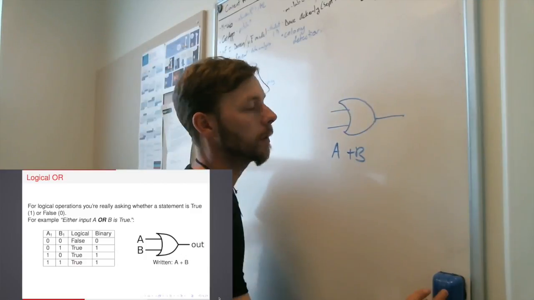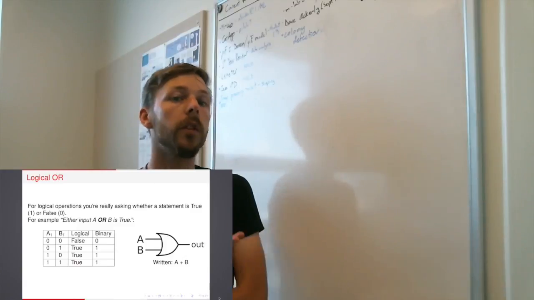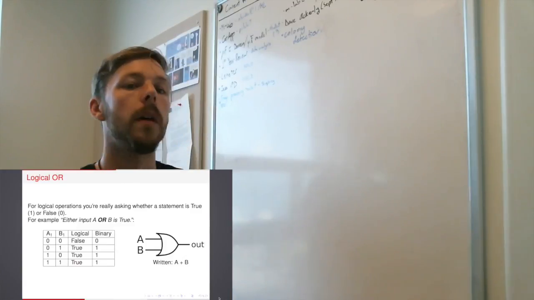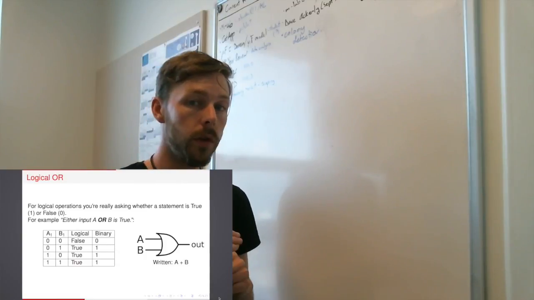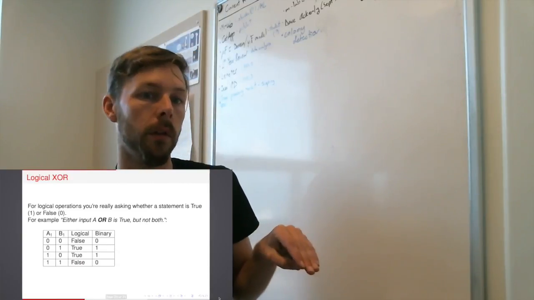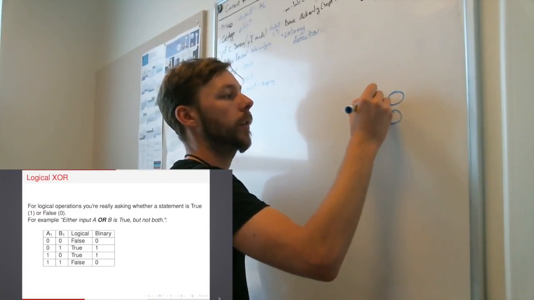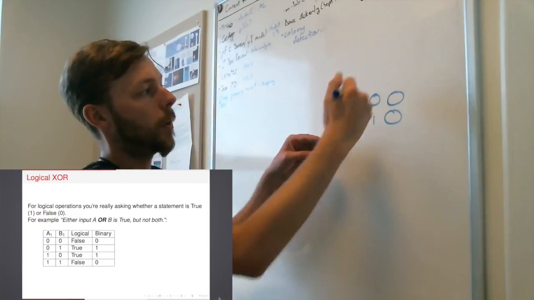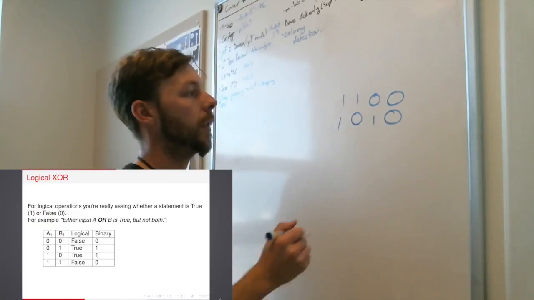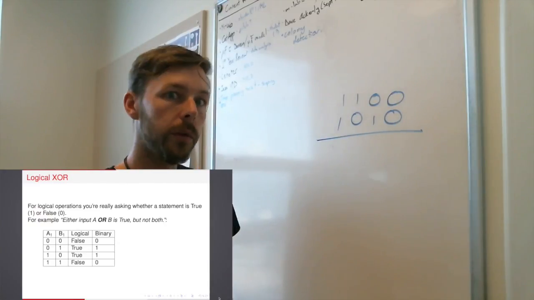The final logical gate that we're going to talk about today, though, is the exclusive OR. It's very, very similar to OR, and the question it asks is: is either input true, but not both? So in this case, if we have 0,0, 0,1, 1,0, and 1,1, so these are our 4 possible combinations. If I draw them out the same way they are on the slide,